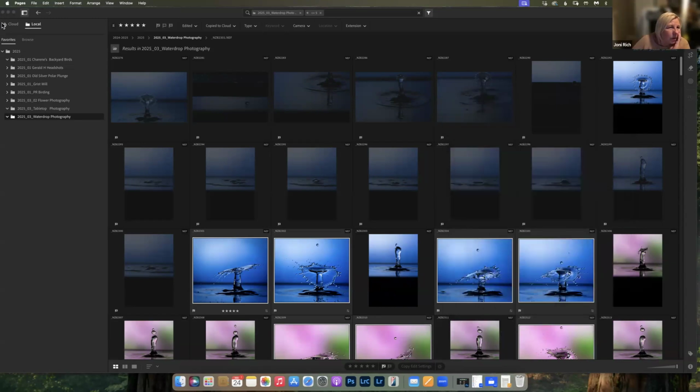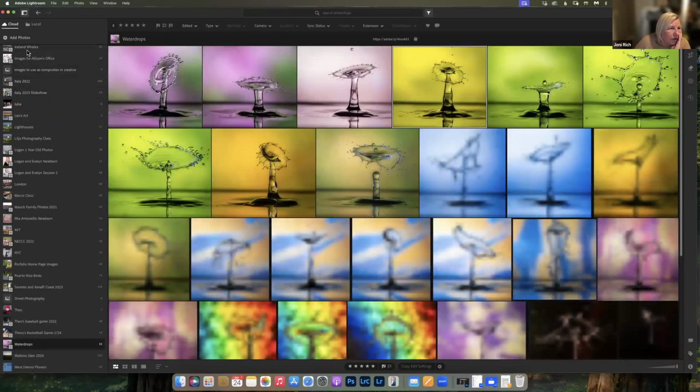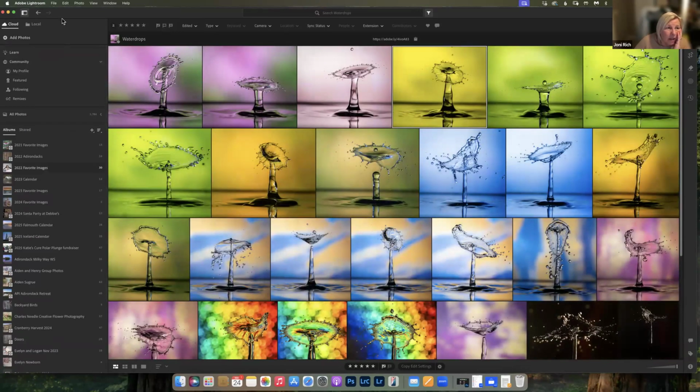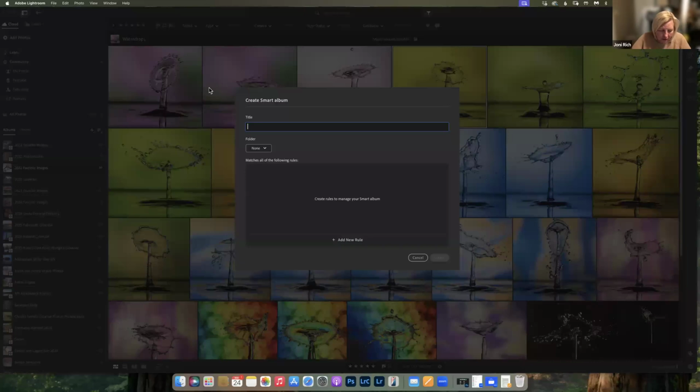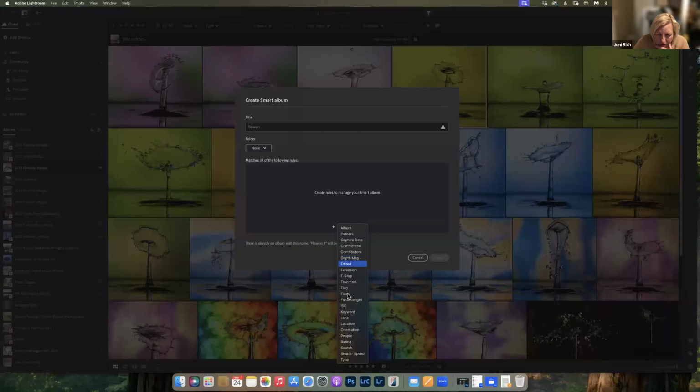But with the Lightroom cloud, you can do a lot of the same things. You can make smart collections now, Alan, which you couldn't do before. That's newly added. If I click on here, create a smart album, they're called albums instead of collections. You title it flowers, because I know I have keywords that say flowers, and then you add a rule. Let's do keywords, keyword includes